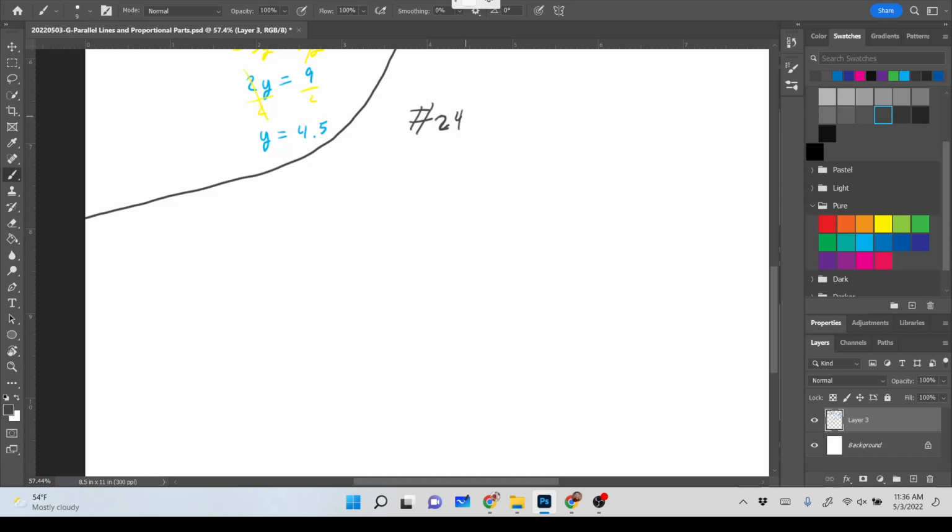Okay, so number 24 says some sort of tool, a hypsometer, as shown, can be used to estimate the height of a tree. I didn't know that's what that tool was called, but apparently it is. Bartolo looks through the straw to the top of the tree and obtains the readings given, or find the height of the tree. So the picture looks like